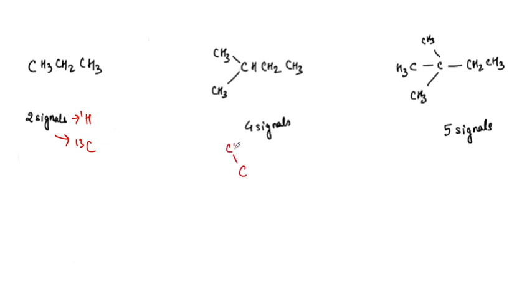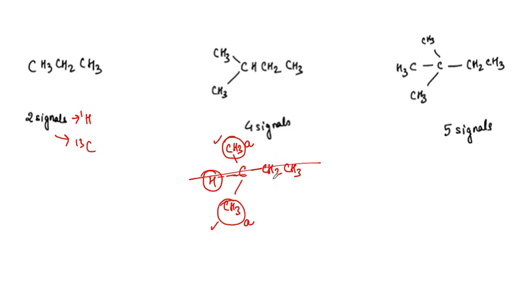So if I open up this molecule and write it like this, CH2 CH3 it is. I can see that these two methyl protons are going to be the same. You can call it a sigma plane over here. And these two protons are going to be the same. However, this is a different proton. So let's just write A and A over here. Both of these are going to be the same.